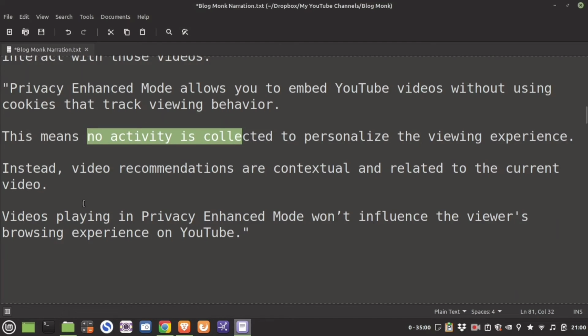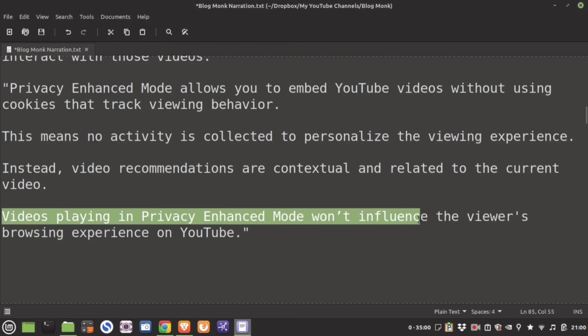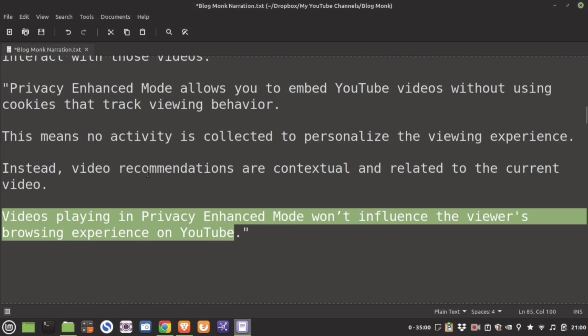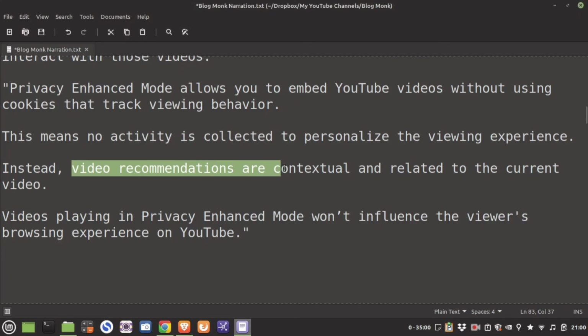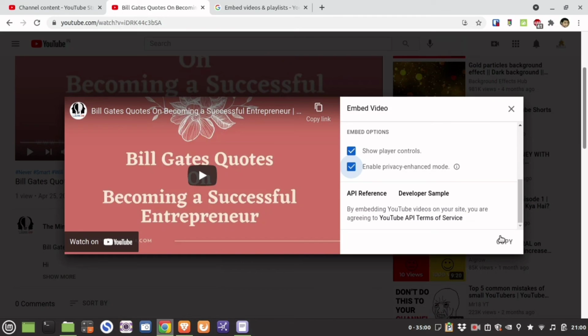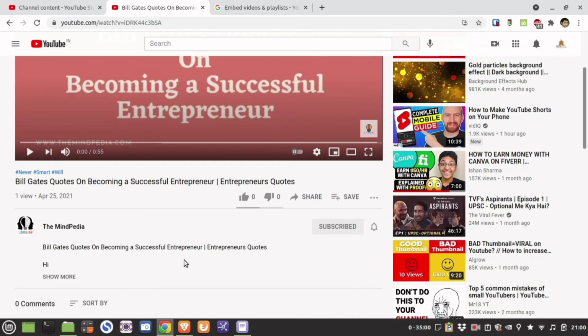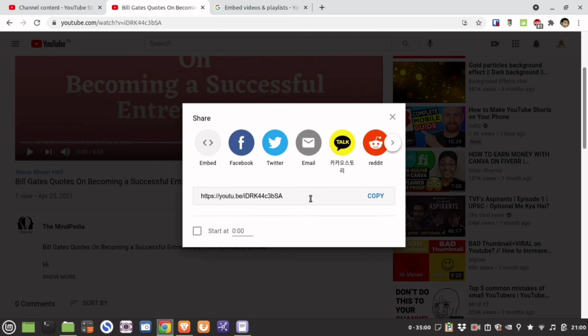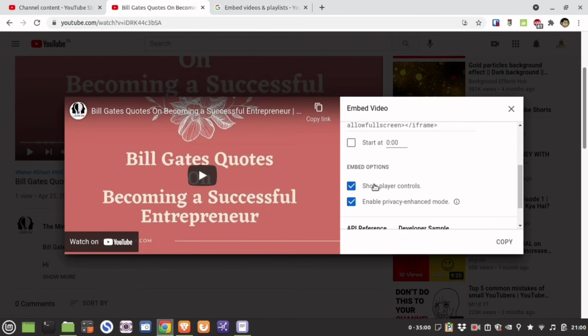I prefer this, it depends upon you, but you must remember that this is not going to impact the viewer's browsing experience because it only collects data related to the user's past usage of the internet so that they can recommend future videos. But for watching this video there is no problem. So it depends upon you what you want to do. These are the settings which are already available. So as I've shown you, you have to click share, you can copy the code, you can start from a particular location and embed those, or you can take the embedded HTML code and paste it. So it all depends upon you how you want to display. Basically there are three options available.